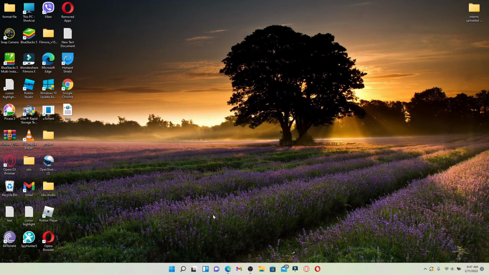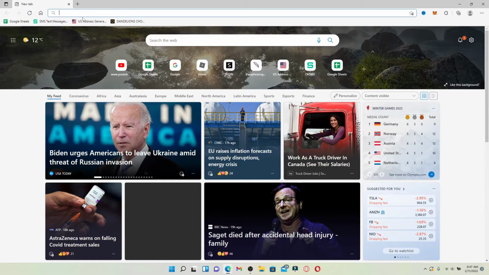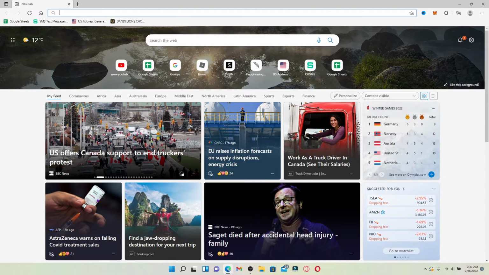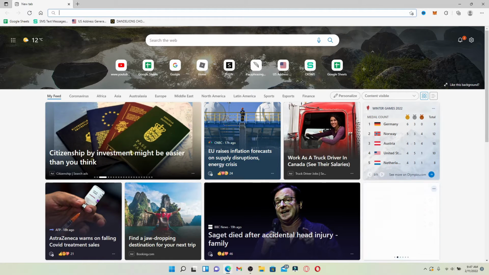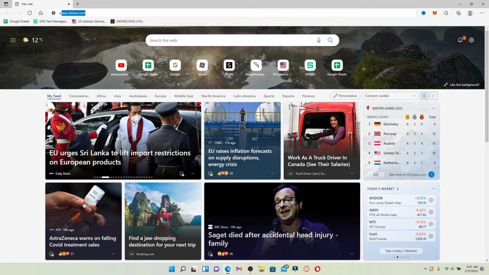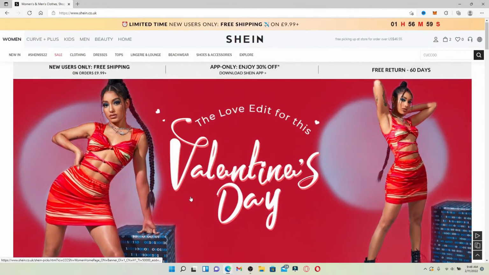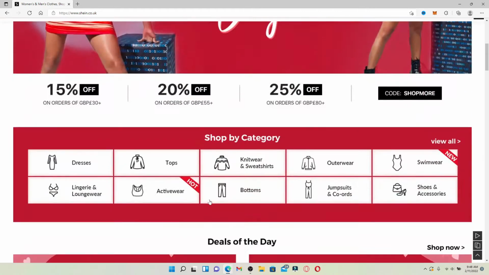Open up a web browser to begin. In the web address bar that appears at the very top of the screen, type in www.shein.com and log into your Shein account. Go ahead and log into your Shein account, and now in order to order a product, simply go ahead